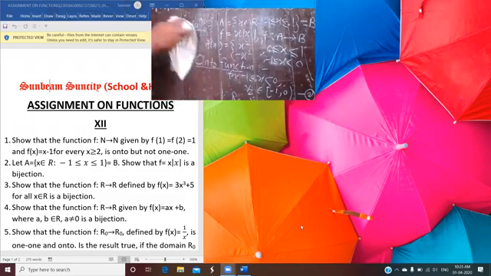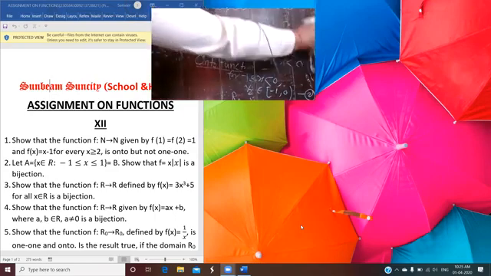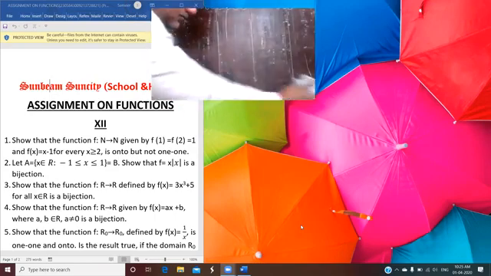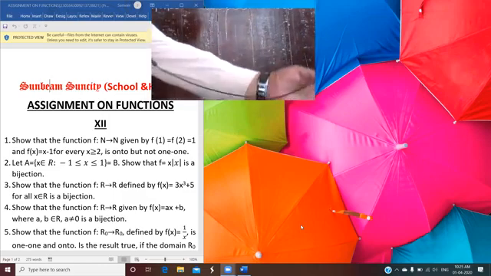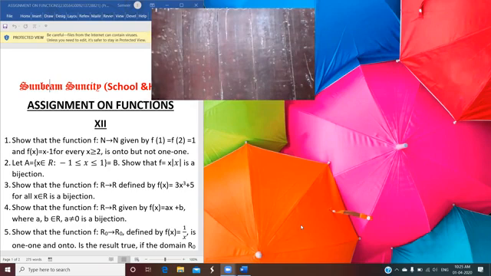So in this way, the second question is proved. With the help of the range and the codomain of the function, you can very easily prove whether your function is onto or not. And that is a very authentic method. If the function is given in such a way, you can very easily prove that the function is an onto function.